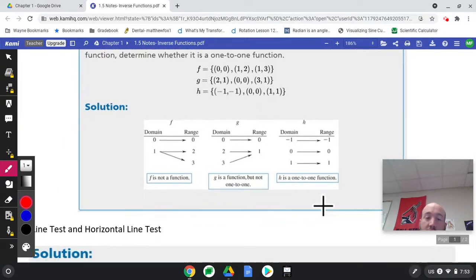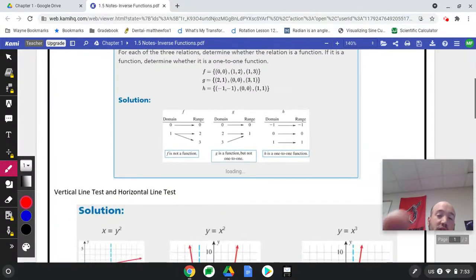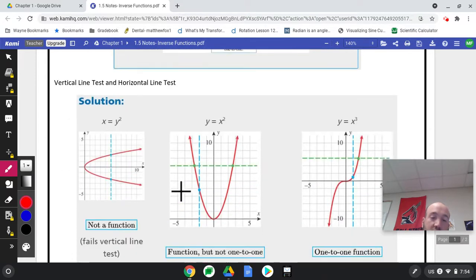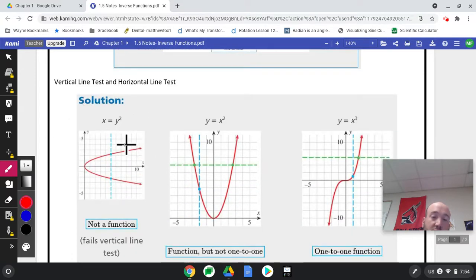Okay, now from a visual standpoint, we haven't talked about this yet, but there are 2 tests. One's called the vertical line test and one is the horizontal line test. So if we think about it, the vertical line test just means if I draw a vertical line on my graph, if it is a function, there will be no points anywhere on the graph where it crosses the function twice. Okay, so if we look here, this first one right here, this would not be a function because